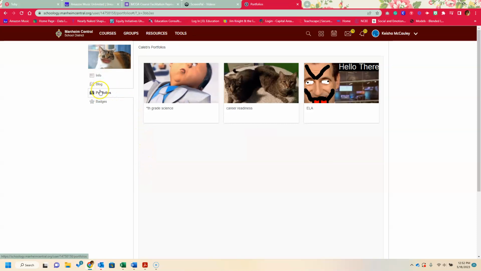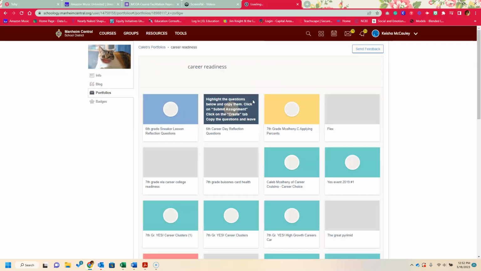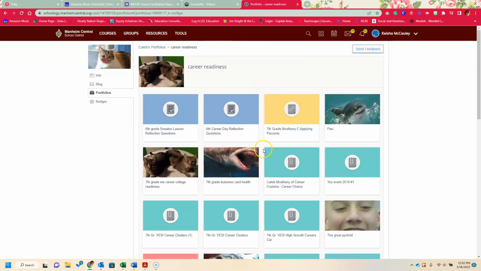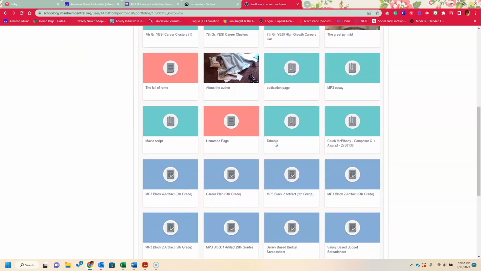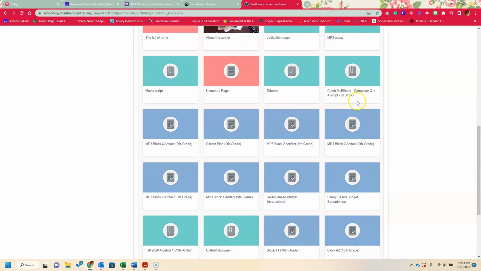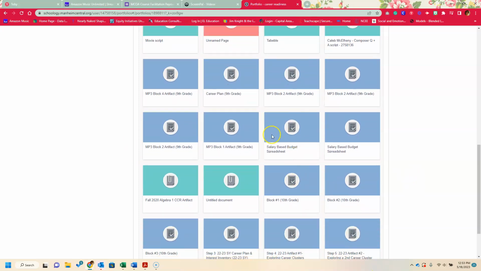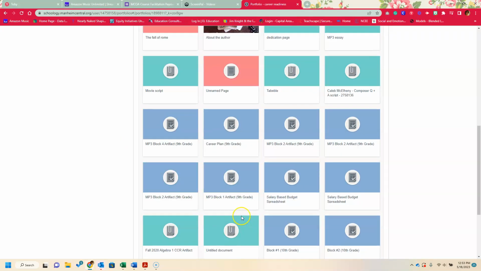And then under portfolios, they should have a college and career readiness folder. Obviously, this isn't the most mature example, but when you're looking through these, the hard part is sometimes that they get sort of mixed up with middle school. So as you're looking through the titles, you should see somewhat of a break between 8th grade and 9th grade. And anything that comes after that first 9th grade artifact is high school stuff, because it does put it in